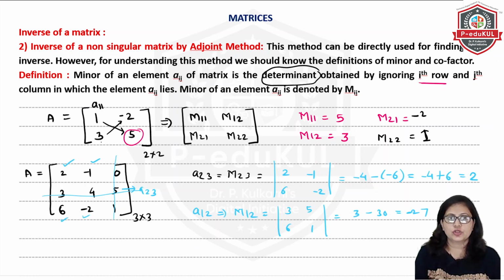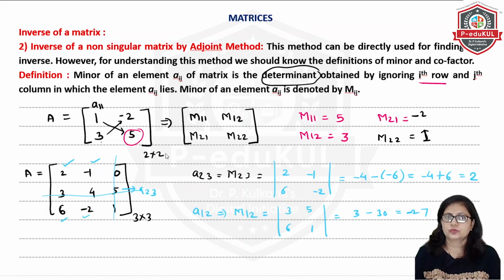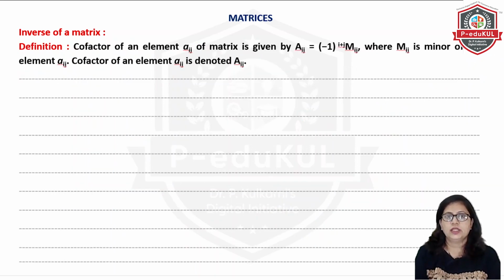Now we will go for actually solving the next type. Then the next is cofactor. I hope everybody is clear with the concept of minors. When we do the practice, definitely we will overcome the phobia of solving it. So let's see the next concept, that is cofactor. Cofactor of an element Aij is given by, now here they are using the letter A, but I am going to use the letter C. See, for minors we will be using the letter M, capital M, or you can use small m also.